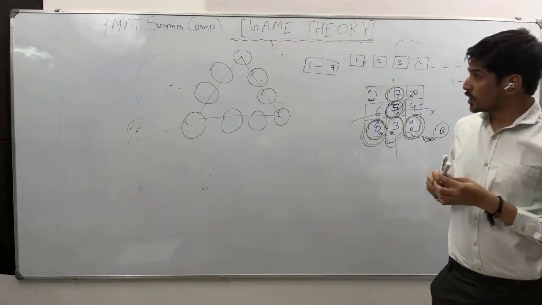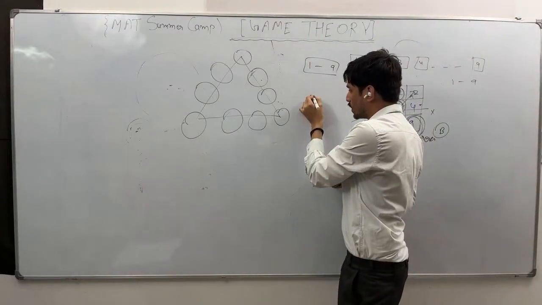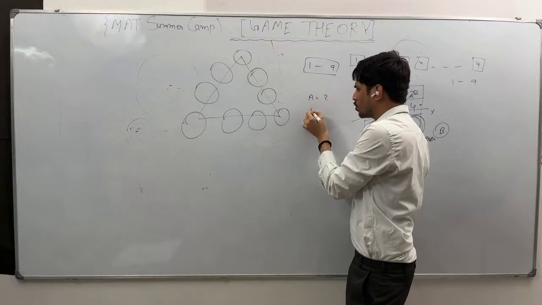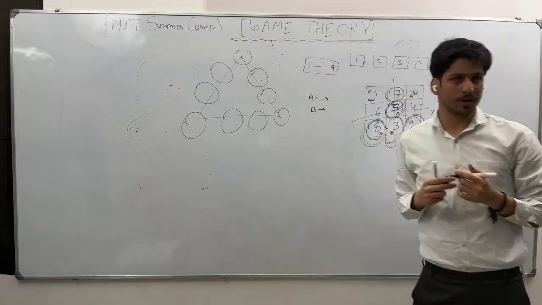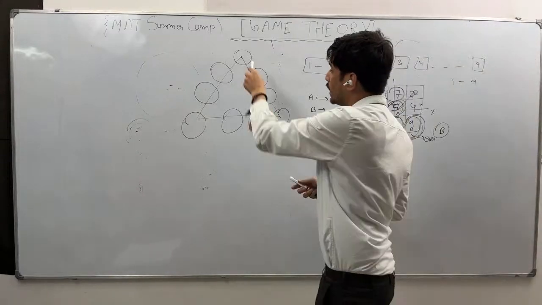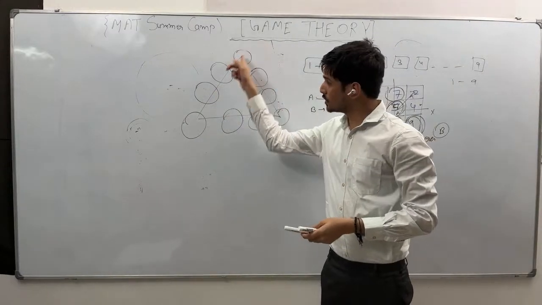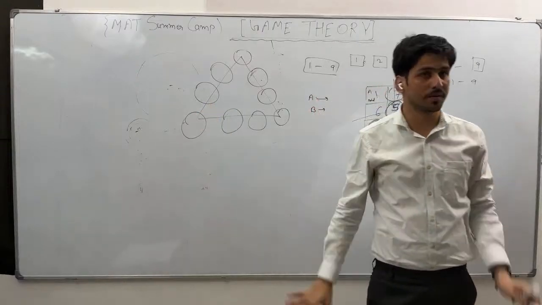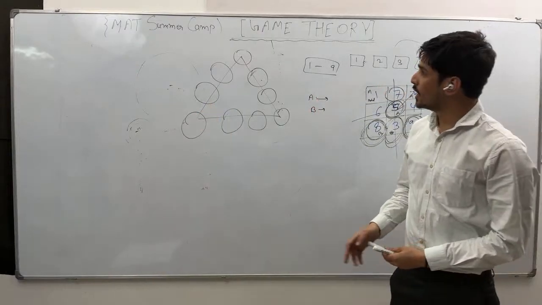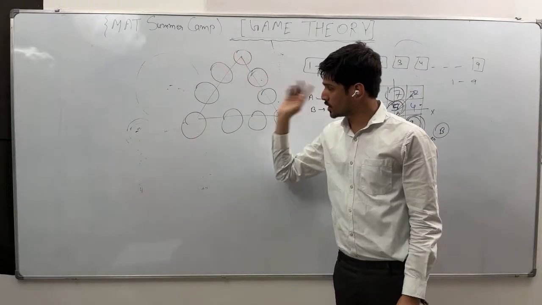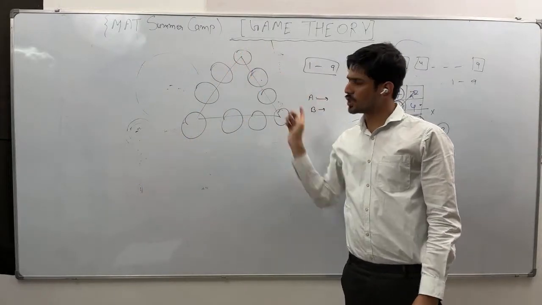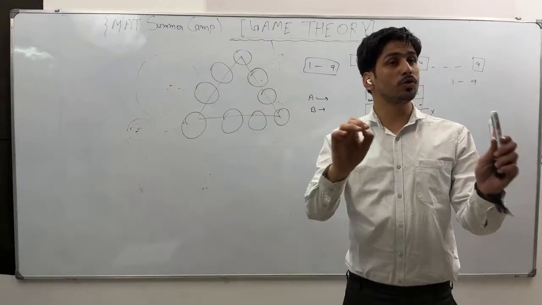And you are playing as A, but this time this game is not a draw. You are playing as A, it means you have to go first. The target is any of the sides. If the sum of the numbers on any side is 20, you win the game. The numbers are from 1 to 9 only. This side, this side or this side, any side, if the sum is 20, you will win the game.